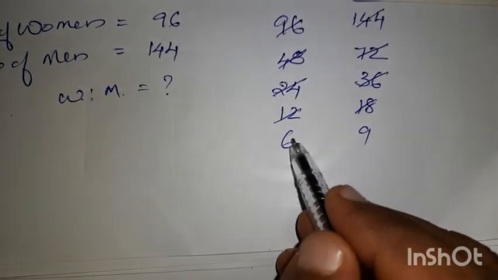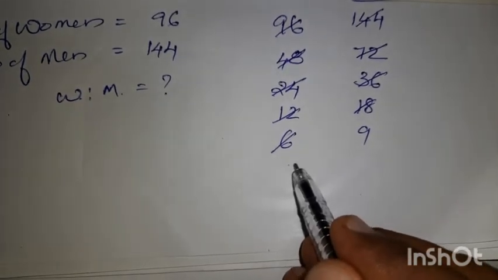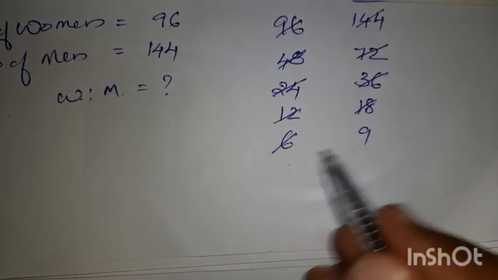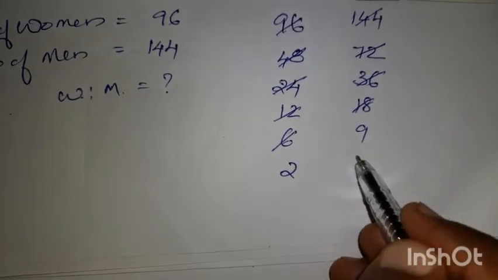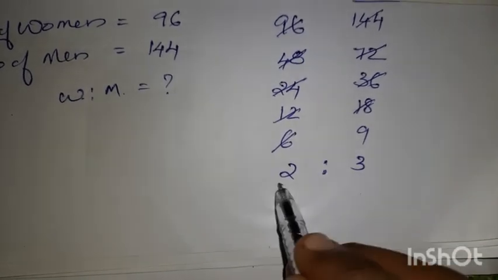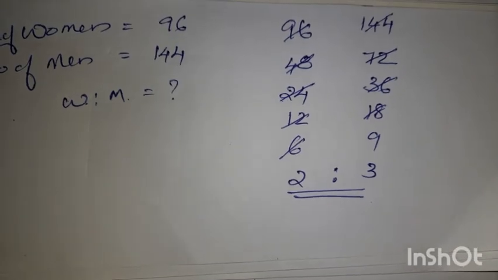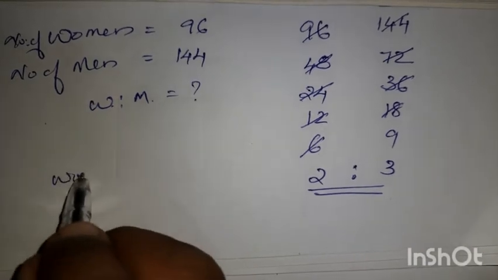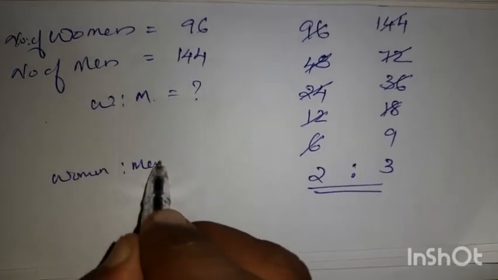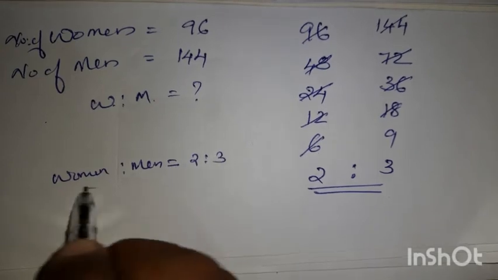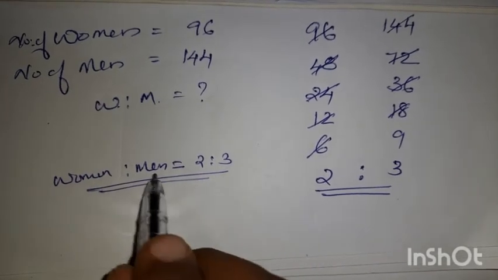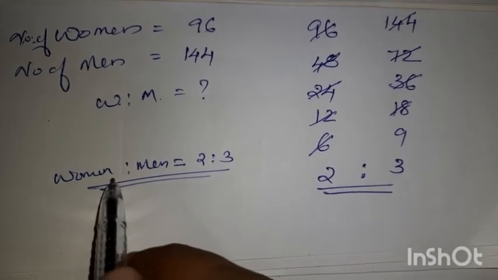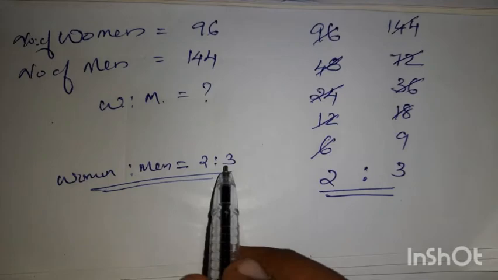Again you can divide into a smaller fraction. We divide with 3. Okay, 3 and 6 and 9. So you can divide with 3. 3 2s are 6. 3 3s are 9. So this is the smallest ratio. So it is 2:3. So the women to men ratio is equal to 2:3. So if 2 women are there, there should be 3 men. That is the ratio. Okay, women to men ratio is 2:3.